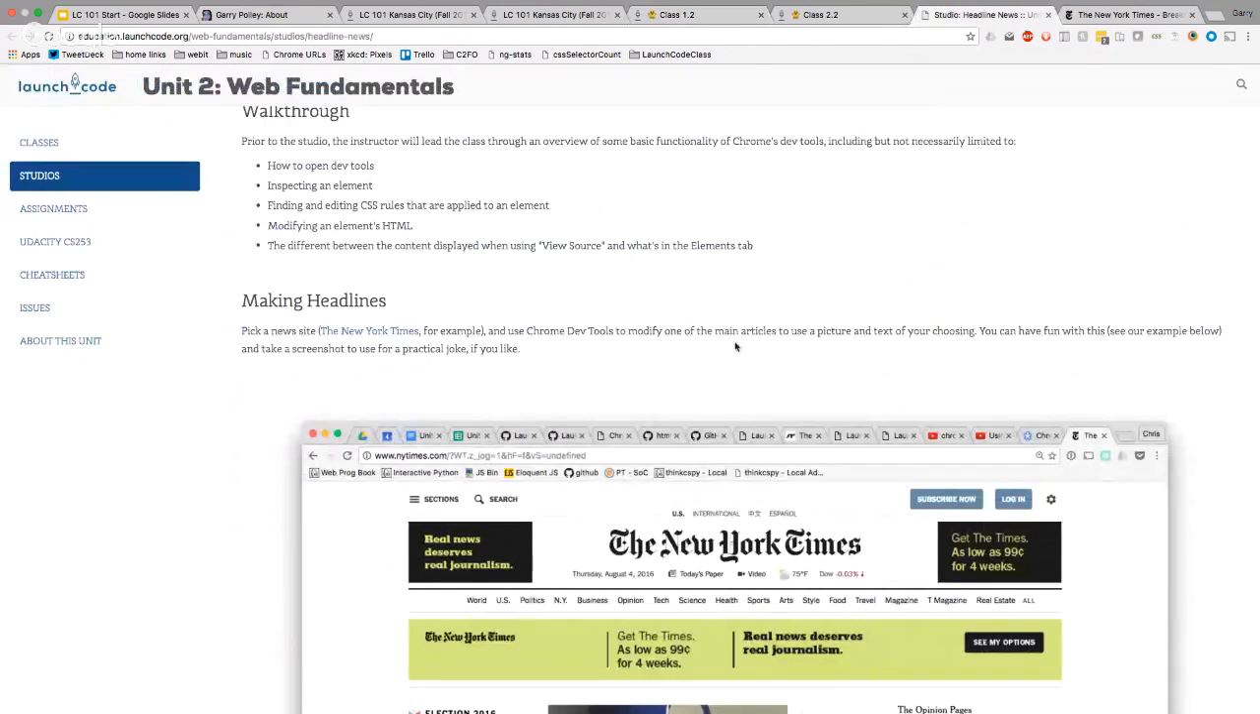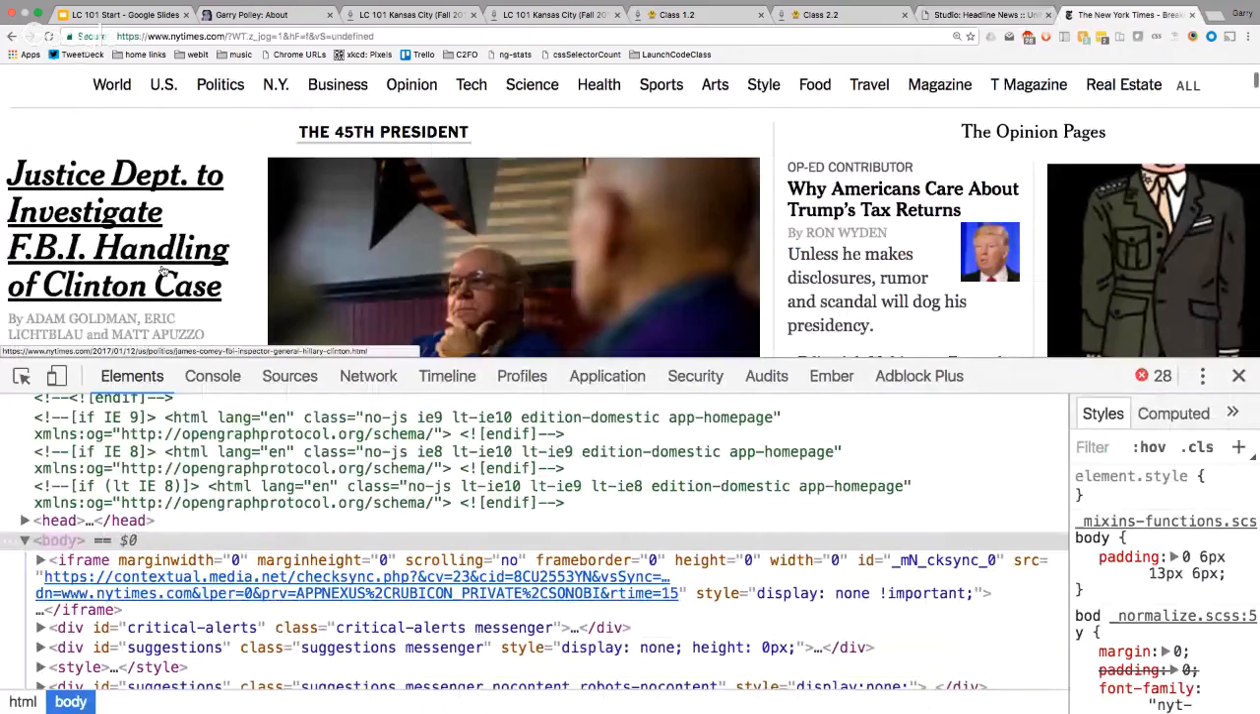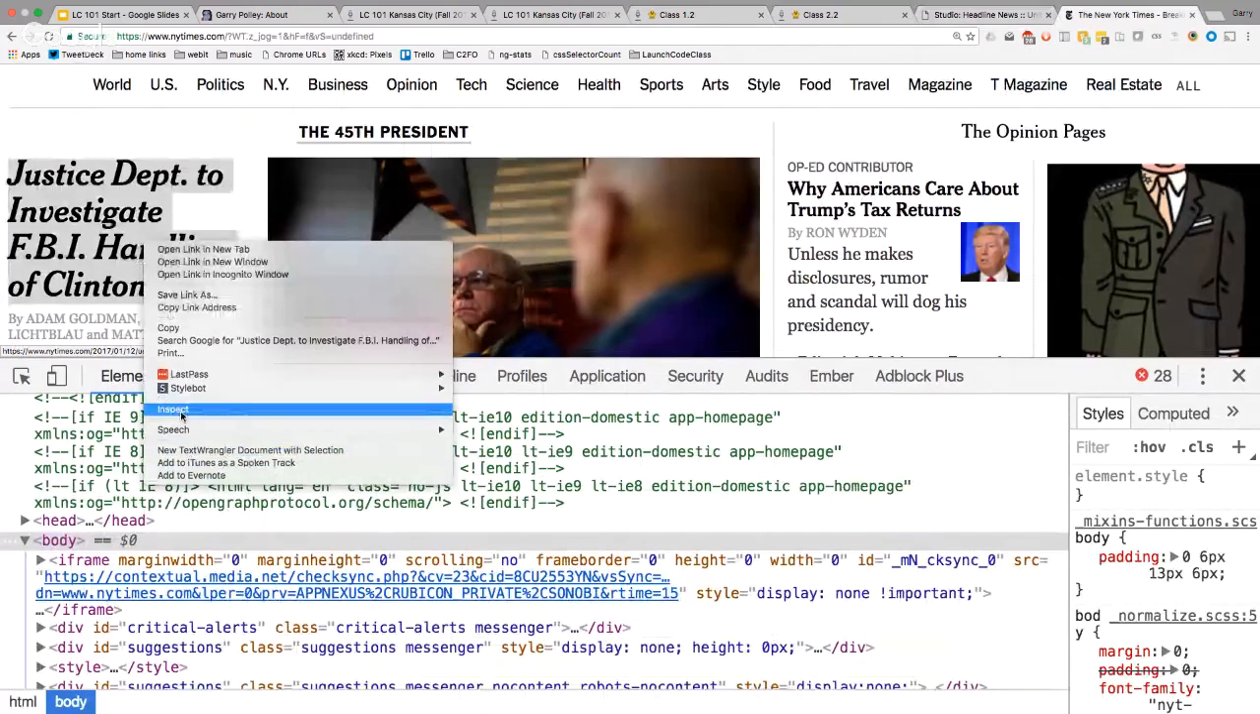That is all from playing around with the inspector. The other thing with the elements is, so notice the difference between